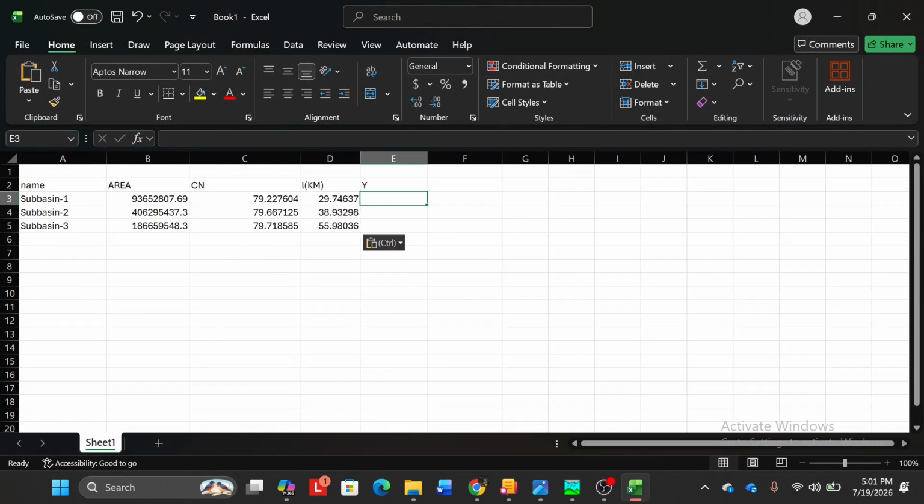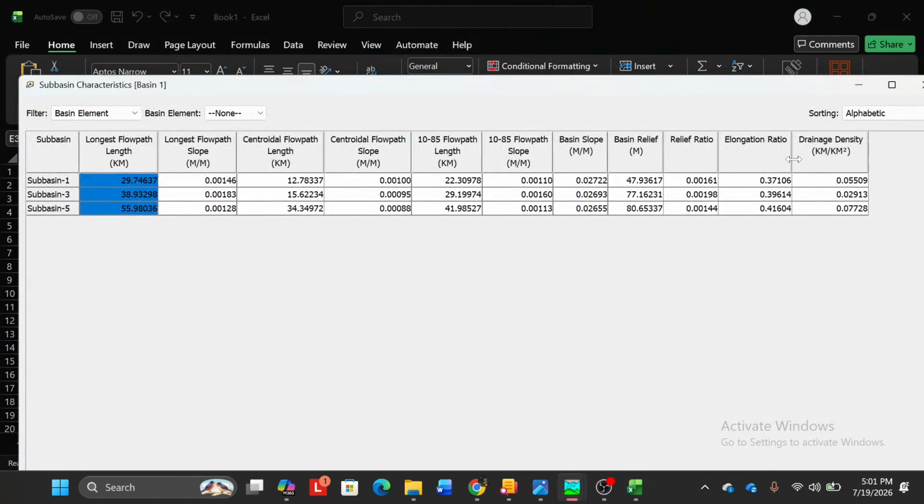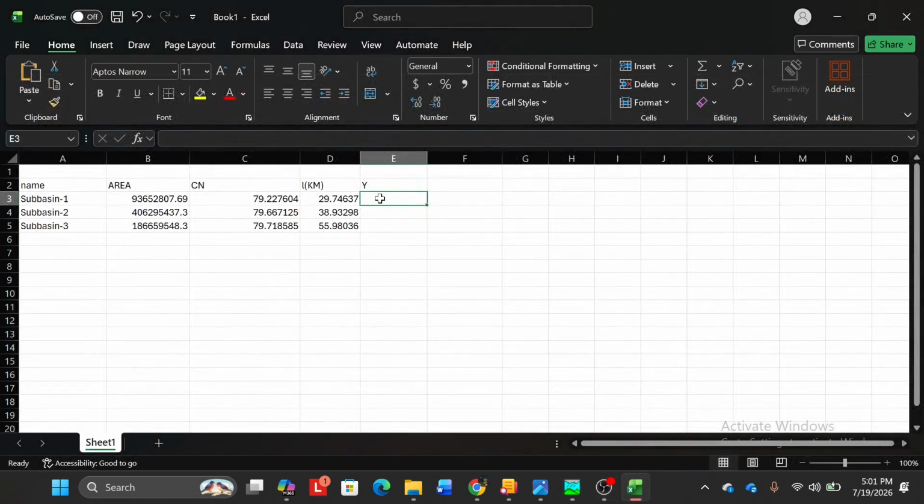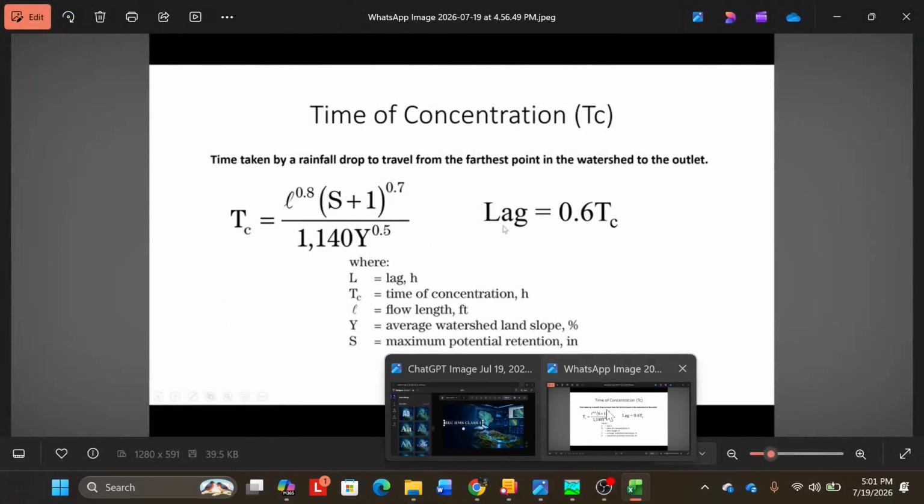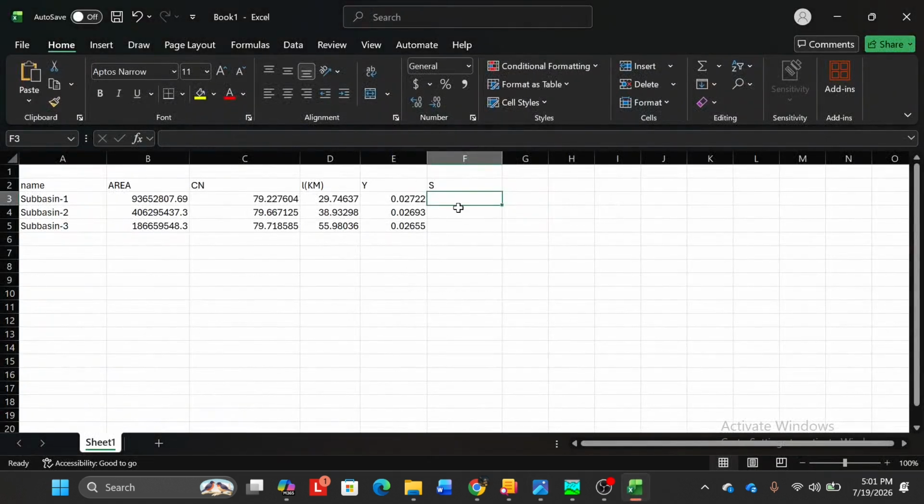And now let's get the slope. Go to your HEC-HMS and basin slope, copy and paste it over here. Make sure that your sub-basins are alphabetically sorted. So now we have the curve number, we have the longest river path, and we have the slope. Then we will calculate the S, the maximum potential retention. The formula for that is